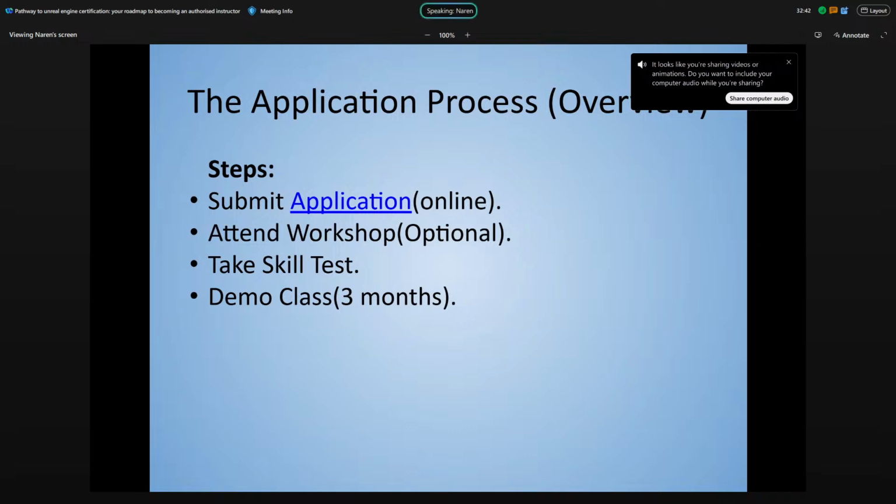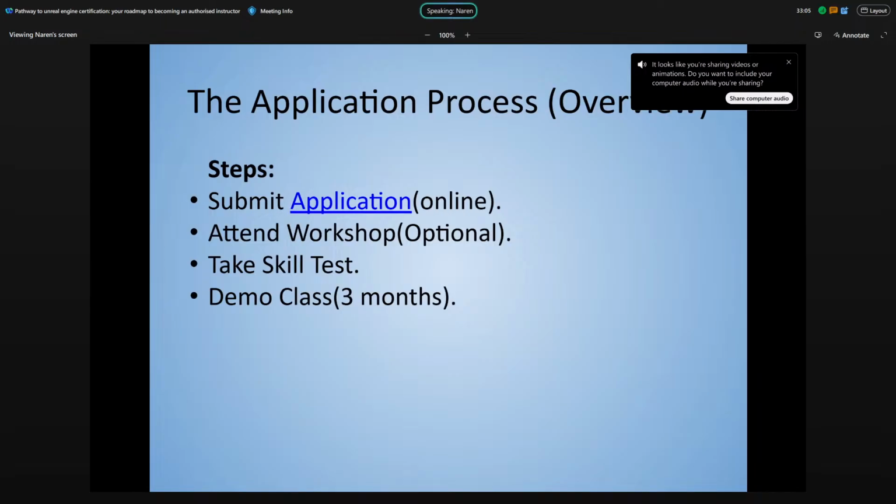After attending it, you have to practice a lot, that I would say. But all the questions will be in the basics only. There will be fully basics. Those things you have to concentrate on. Then you need to take this MCQ. This MCQ is of 4 different levels that we will see down the line. Then you need to submit a demo class, like I mentioned, 60 to 90 minutes.